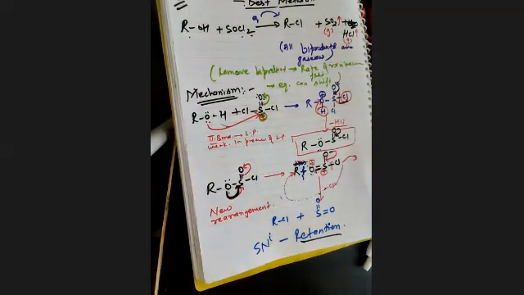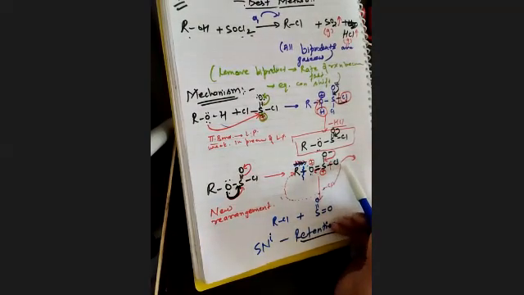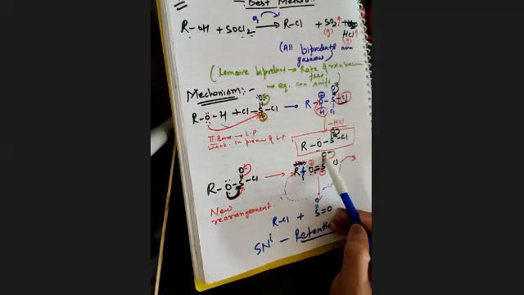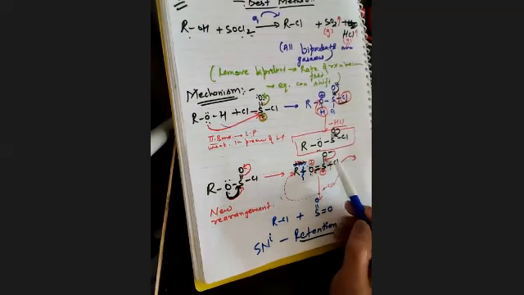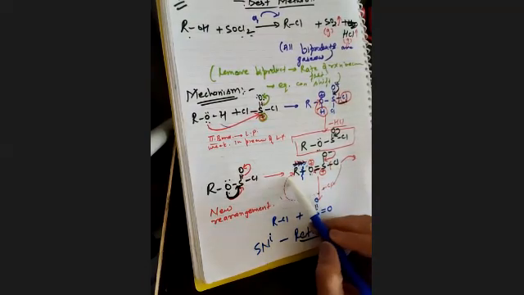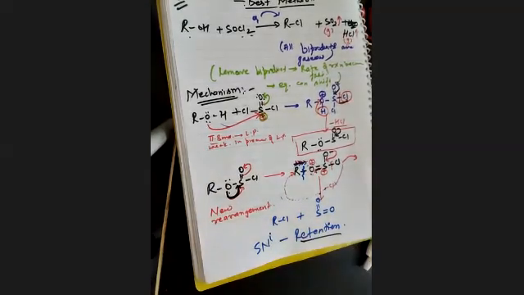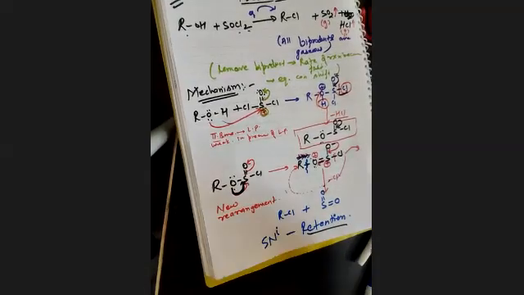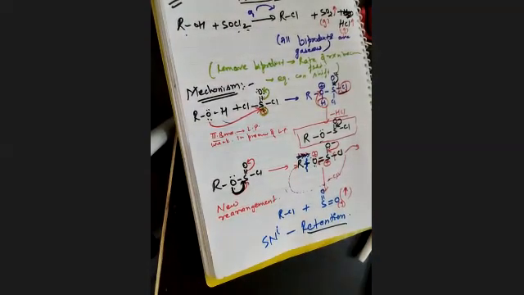Clear? What happened in the second part? The sulfur again removes the oxygen for stability, and these electrons will come again to the pi bonding. Now we will get this product. RCl will be removed since chlorine is removing out, and from the oxygen the alkyl group is removing. So what happened? They both combine and form RCl, and we'll get SO2, and that too in gaseous form. You can write it with an arrow, or just mention it as gas. So SO2 and RCl will be your product, byproduct.